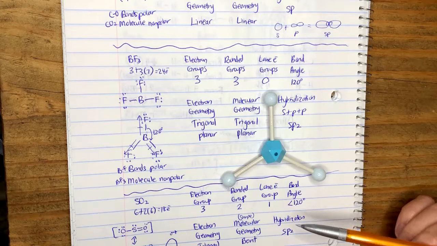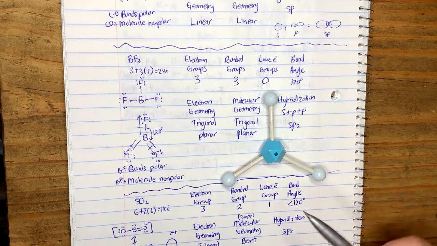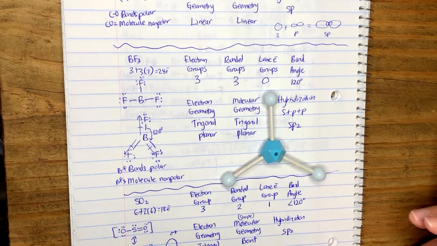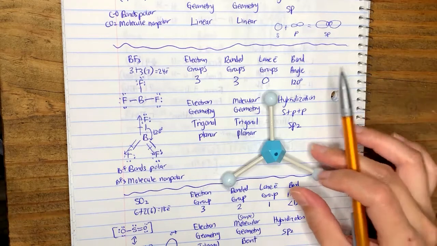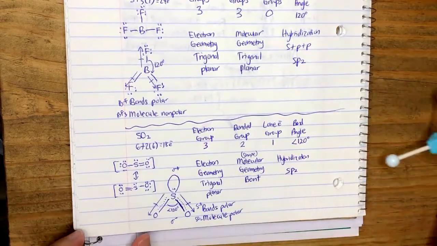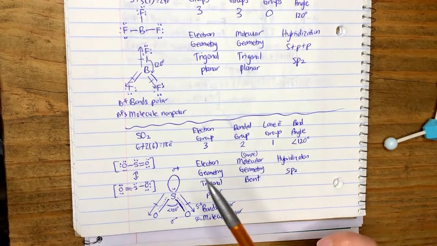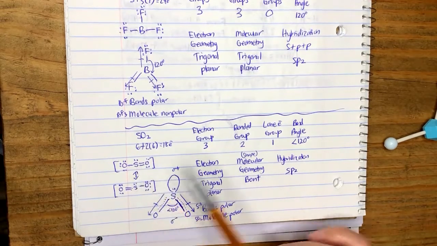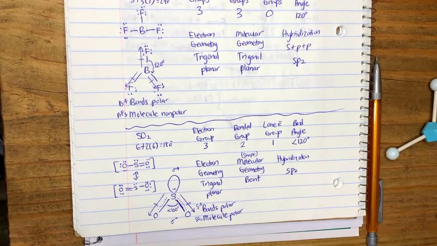Okay, now when you start throwing in lone pairs, it starts making things lopsided. So I want to show you an example where we start having lone pairs around the central atom. So the example that we want to go over is SO2. Now we drew SO2 before this in class, and we said it had a resonance. Okay, another thing about resonance is,